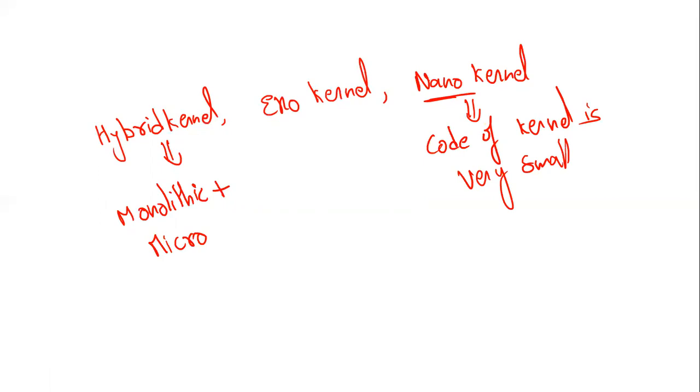So these are the different types of kernel, students. When we talk about the monolithic kernel, the software kernel and the hardware are there. Whereas in the microkernel, some interprocess communication is established, and it has virtual memory and thread scheduling, and it is more stable with fewer services in kernel space. I hope you understand what exactly the kernel is and the different types of kernels. In the next video, we will discuss about